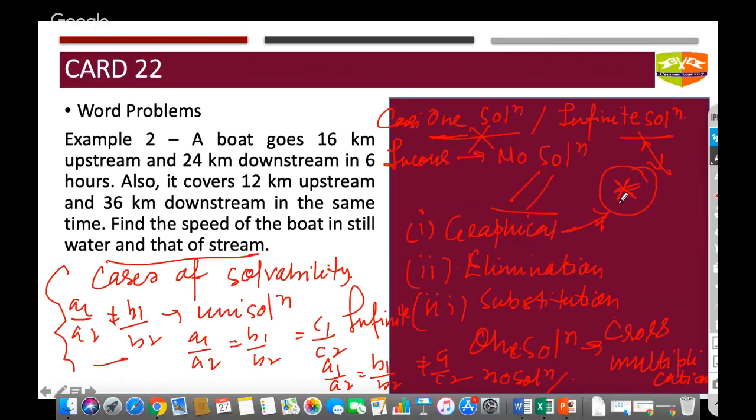One mistake that people make is, once they are solving with the graphical method, they don't write the answer in their copy, they just leave it on the graph paper only. Don't do so. If graph paper is provided to you and you are solving with the graphical method, it is mandatory for you to write the same thing in the copy. Suppose this is question number 14, so in your answer sheet you write question number 14, and the corresponding x and y values you draw in your notebook under the heading question number 14,